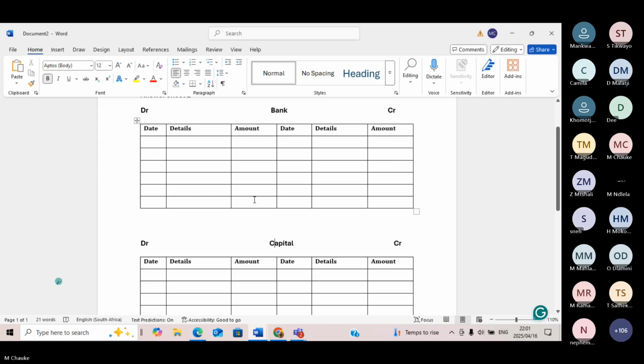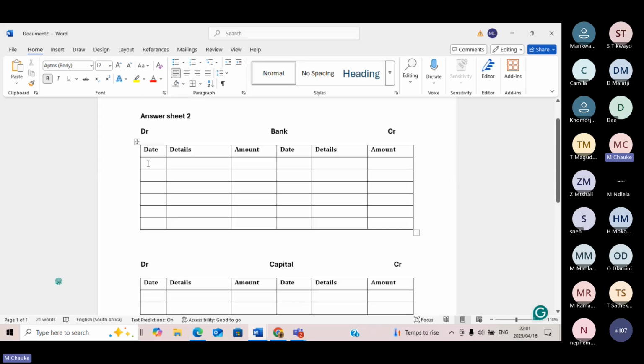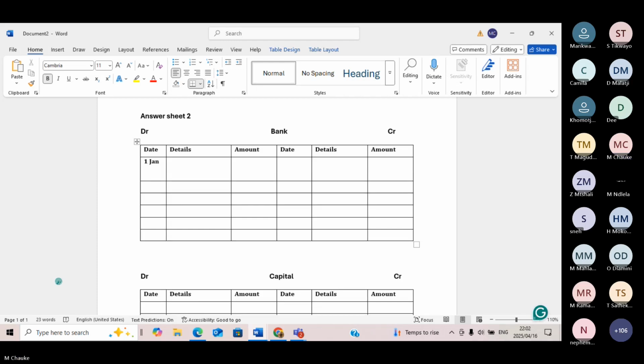So now, bank, right? We've got the bank and capital affected. So when I record, I'm going to check. They say we're preparing the books of transaction number 1, again, which is transaction number 1, January. And then remember, the books that we're doing is 2024, right? And now remember, if you check on the information provided,